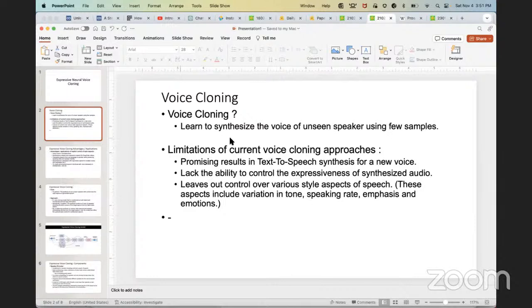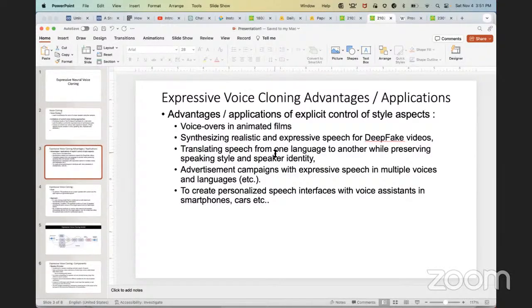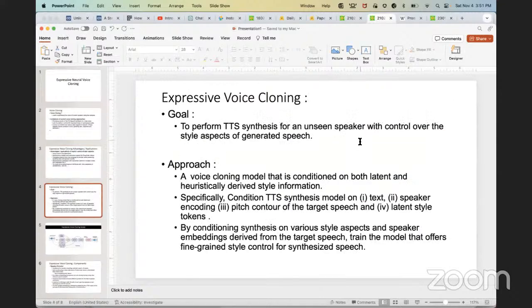And then they're also highlighting the advantages and applications of those in the modern day: animated films, expressiveness in deepfake videos, and translating speeches from one language to the other, where you want to preserve the speaking style of the speaker but just change the language. And so the paper highlights those limitations, and then it further sets the goal to